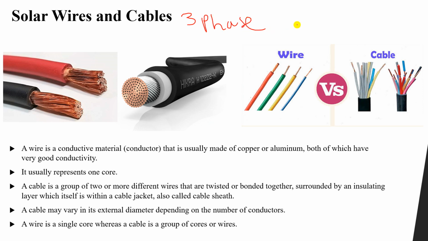Sometimes we have a large cable, and inside it we have 3 cores, 1, 2, and 3. Each core represents one phase, for example A, B, and C as a 3-phase cable. Each one of these is considered a wire if it is alone like this. Okay,